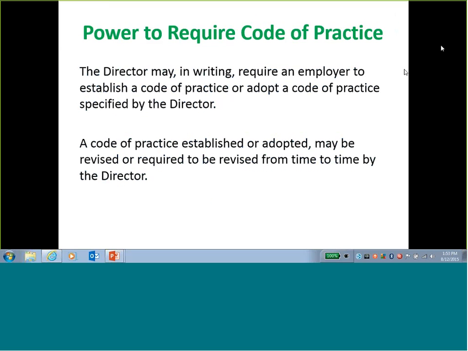The first thing we're going to talk about is the powers to require a code of practice. Sometimes the code of practice is established in industry. It's industry specific, and it's really taking those best practices. Aside from the act and the legislation, the Department of Labor can hold organizations to follow the code of practice. There is no current code of practice for healthcare and community services, but it is in other